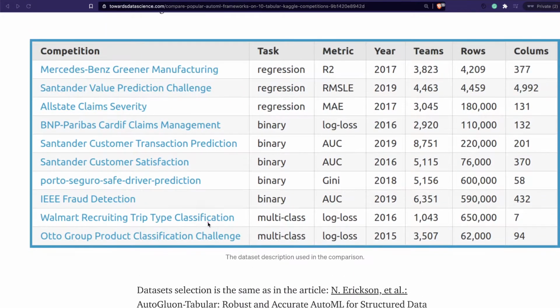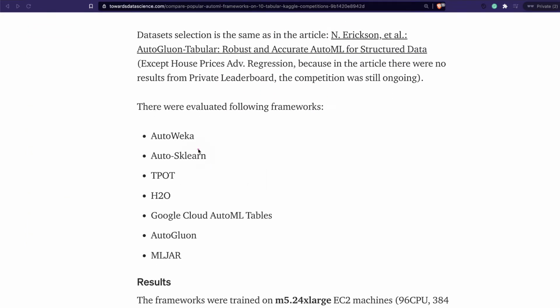So we have 10 competitions, and then we have 1, 2, 3, 4, 5, 6 and 7. So we have 7 AutoML frameworks, so 7 AutoML frameworks compared against 10 competitions from Kaggle. And the author's reason for why he picked Kaggle datasets